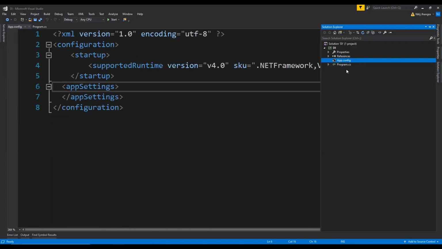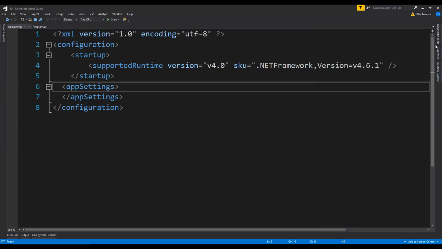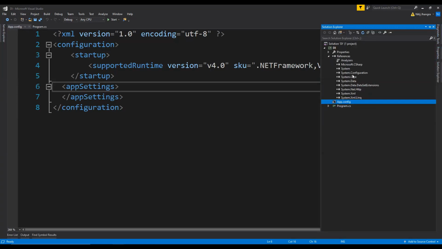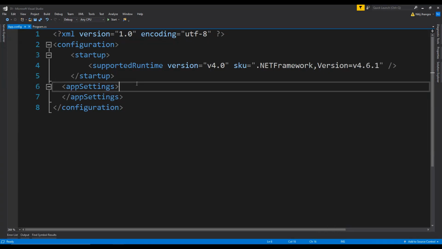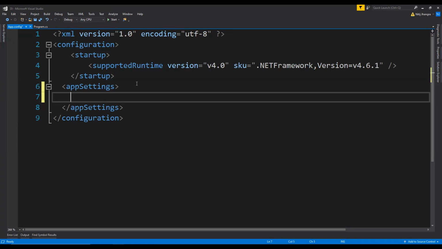If you don't have this app.config, then you can add it into your solution. You will also need to have the reference added for system.configuration if you want to interact with this configuration file. So what I will do is add another element in this app settings section, and let's name it